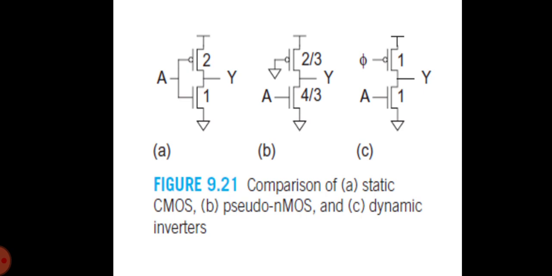What you see here is the comparison of static CMOS, pseudo-NMOS, and dynamic inverters. The static CMOS circuit uses both NMOS and PMOS transistors in the pull-up and pull-down networks, whereas the pseudo-NMOS circuit uses NMOS transistors to implement the logic function and a single PMOS transistor with its gate grounded as a pull-up network. The dynamic logic uses NMOS transistors to implement the logic function, and the PMOS transistor is driven by a clock signal called phi. Based on the signal given at phi, we classify the modes of dynamic logic as pre-charge and evaluation.